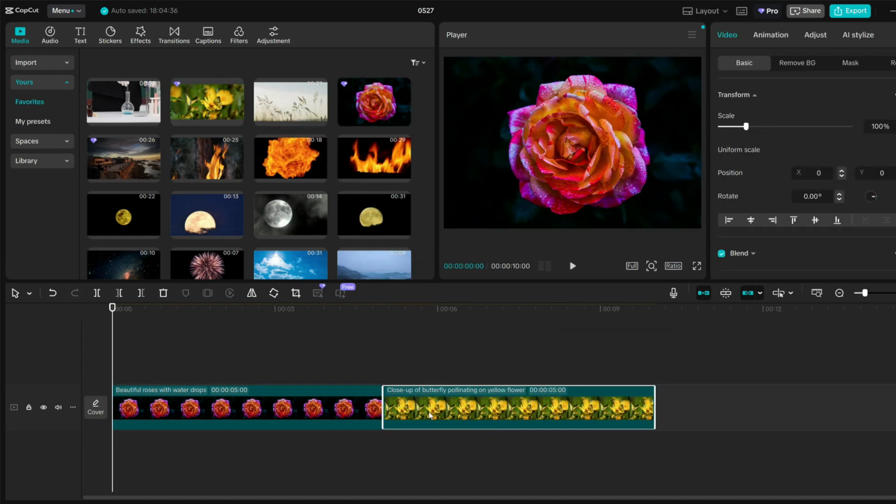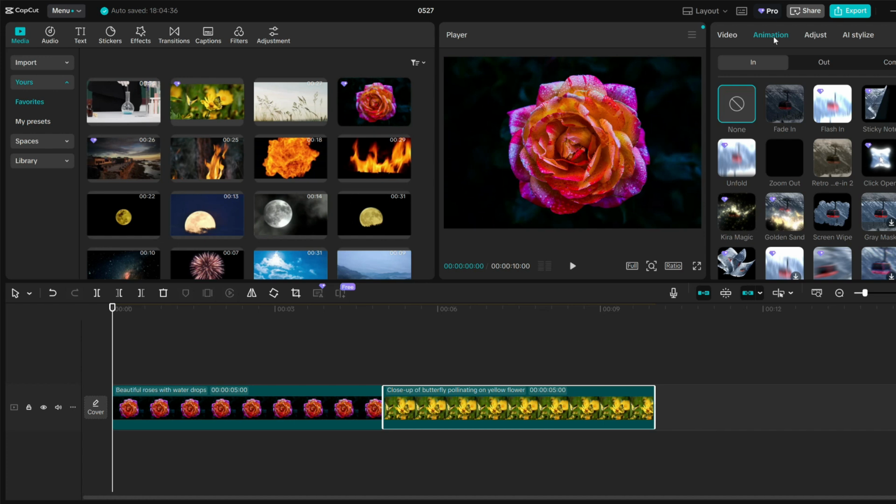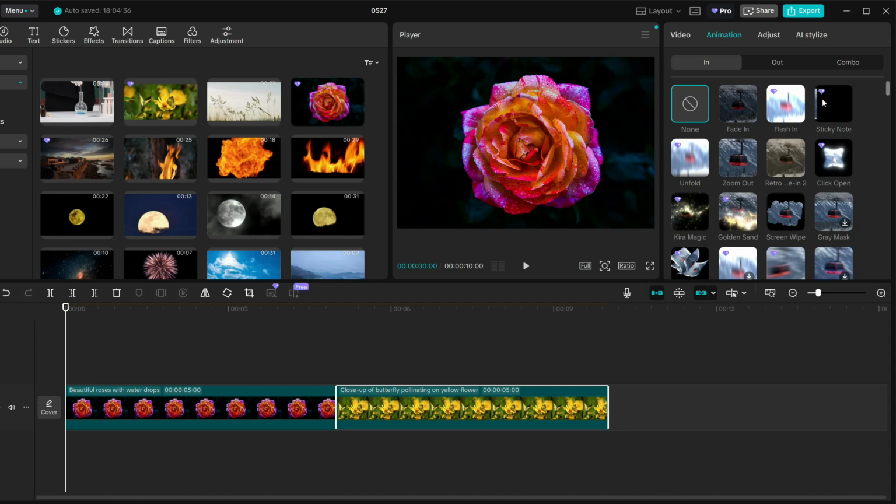and then select the video, and on the right side toolbar go to the animation section and click on the in tab, and after that find the sticky note animation. Click on that,